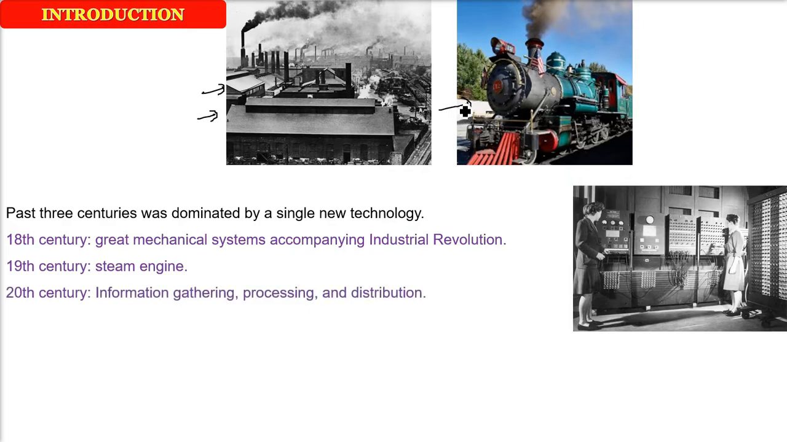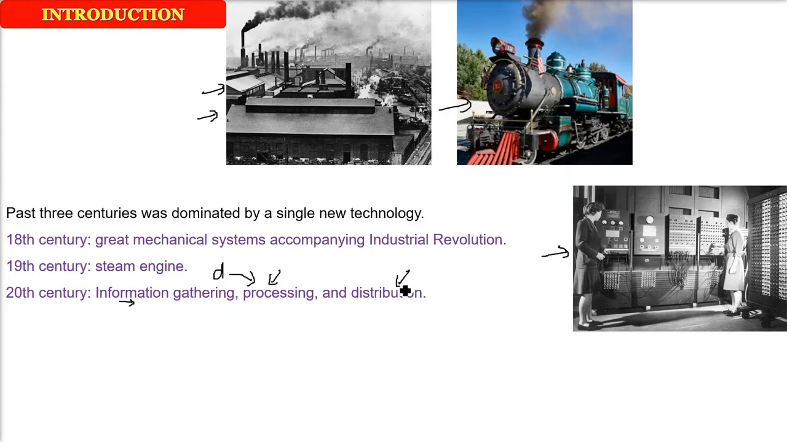This is the first computer I'm talking about, ENIAC, 20th century. And the whole idea was information, data gathering, processing, and distribution. So the computer will work on some data, so how to gather it, how to process it, and to distribute it. These were the new technologies, and the way to do all these things has come up in the 20th century